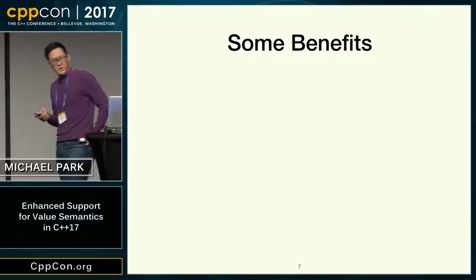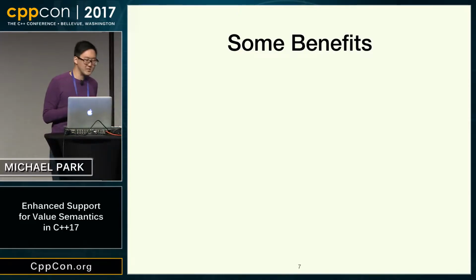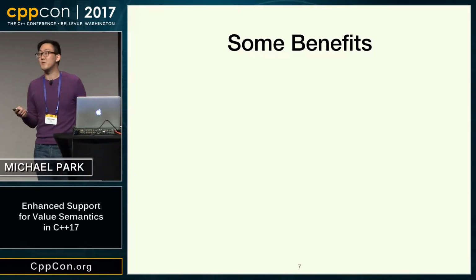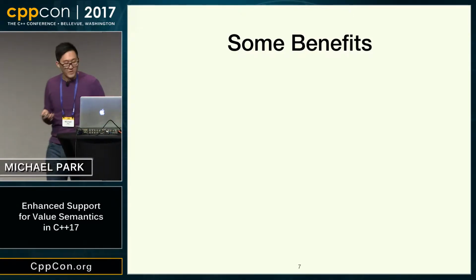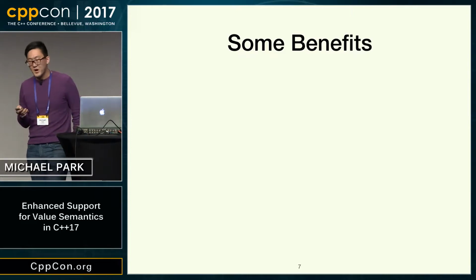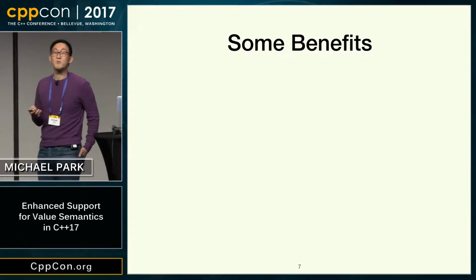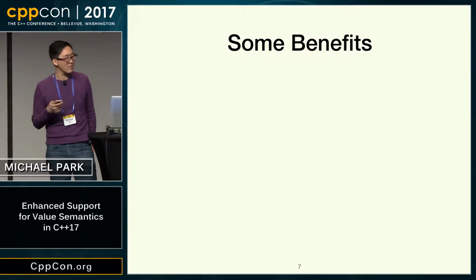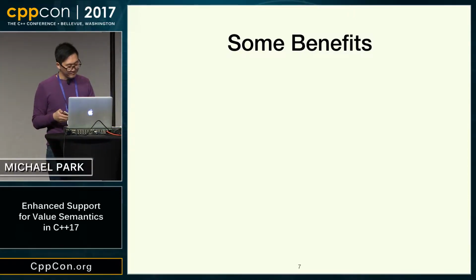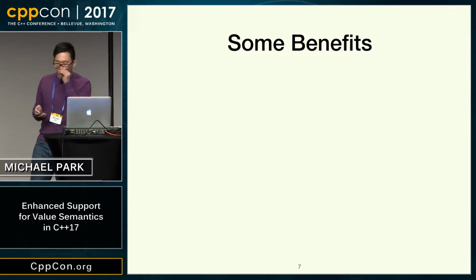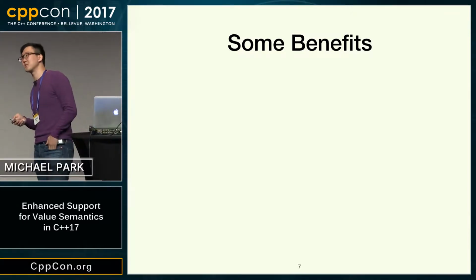So some benefits. Why do we even care? First thing is that value semantics is the default mode in C++, right? It's been promoted for a long time, and as a community we have a lot of experience with it. The fact that the compiler tries so hard to generate special member functions for you is indicative of how badly C++ wants you to use value semantics. And we don't get a lot of defaults right in C++, but I think this one is the big one